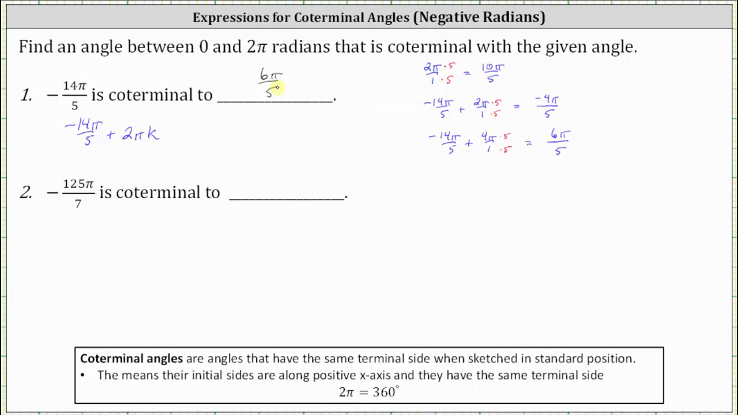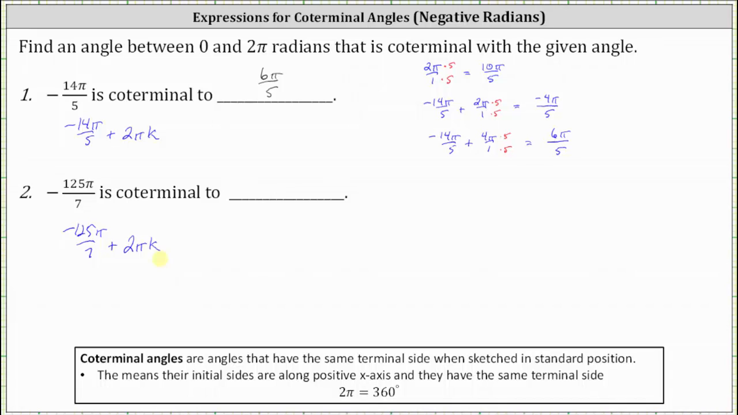Number 2 is going to be a little more challenging because the angle is much smaller. We have negative 125 pi divided by 7 radians. But again, to find the coterminal angles, we add or subtract multiples of 2 pi radians, which means all the coterminal angles will be in the form of negative 125 pi divided by 7 plus 2 pi k, where again k is some integer. To help us determine the value of k that will give us the coterminal angle between